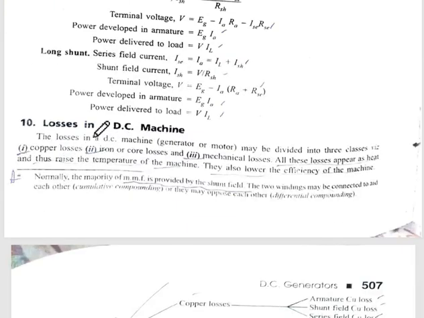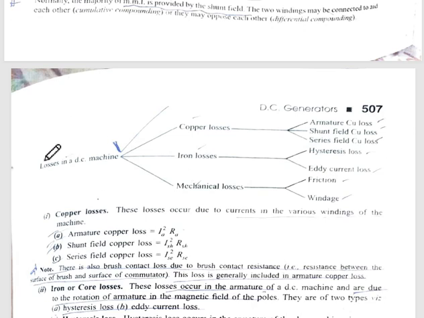Losses in DC machine. The losses in DC machine, generator or motor, may be divided into three classes: copper loss, iron or core loss, mechanical loss. All these losses appear as heat loss, causing rise in temperature of machine. They also lower the efficiency of machine. कॉपर लॉस में होता है आर्मेचर कॉपर लॉस, शंट फील्ड कॉपर लॉस, सीरीज फील्ड कॉपर लॉस। आयरन लॉस में होता है हिस्टेरिसिस लॉस, एडी करंट लॉस। मैकेनिकल लॉसेज में होता है फ्रिक्शन लॉस और विंडेज लॉस।